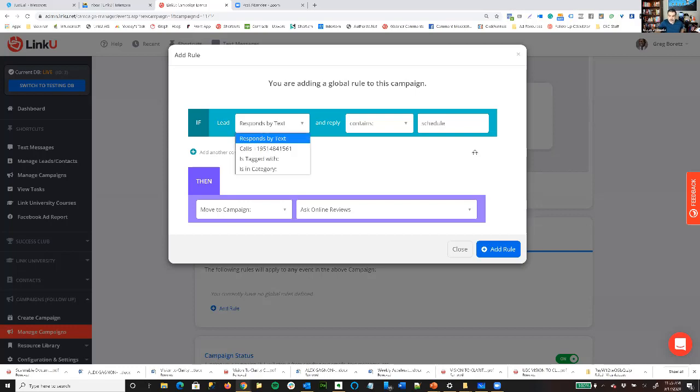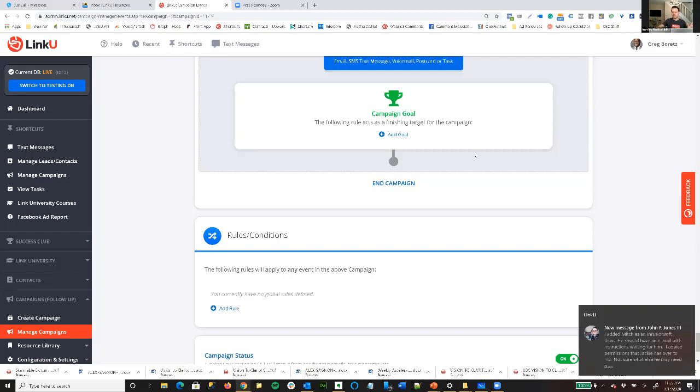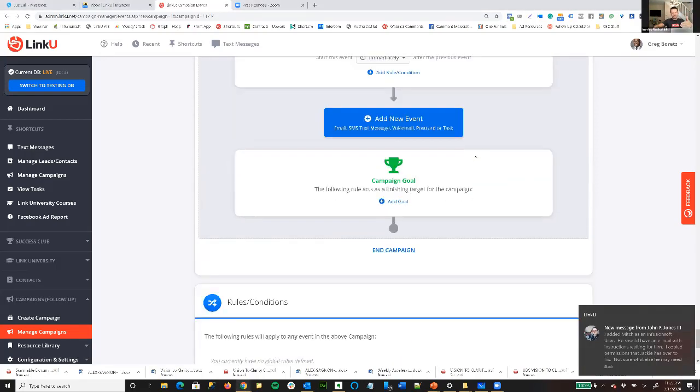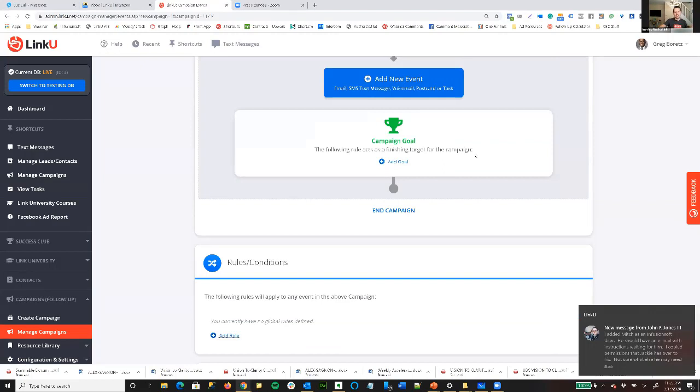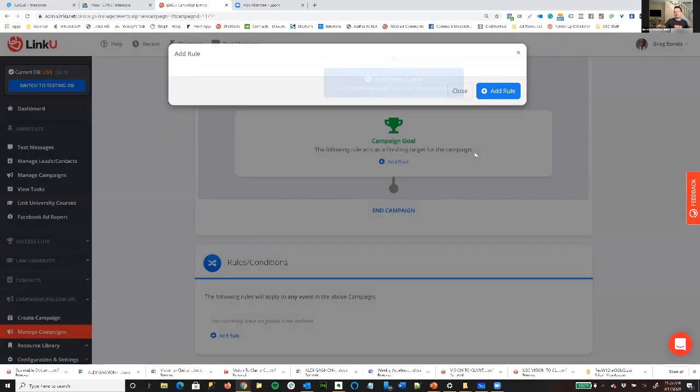Or you can handle that manually, which most of our people will handle manually once they respond. It's usually until you start getting more volume and more advanced that you start getting into some of the more advanced rules, and then you start doing multi-campaigns and all that. But generally the beginner is not going to start with that. You're just going to start with this and then one basic rule, and that's just if anyone responds at all, just stop the campaign.